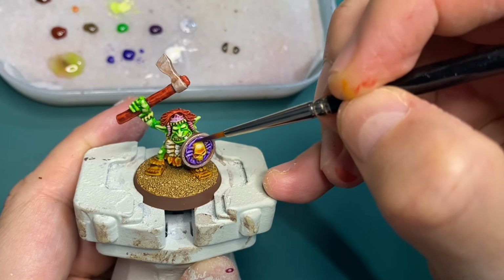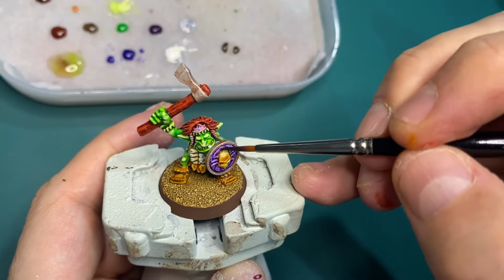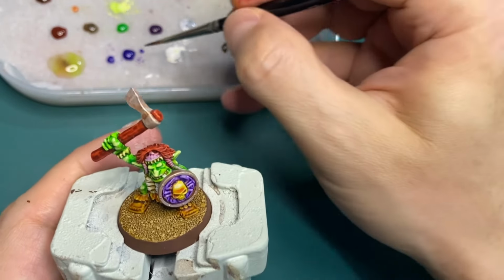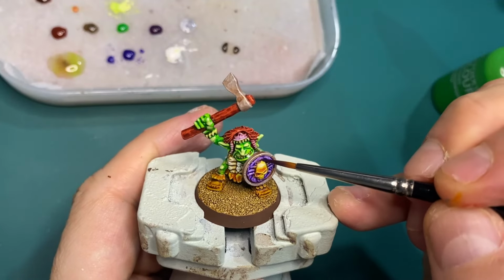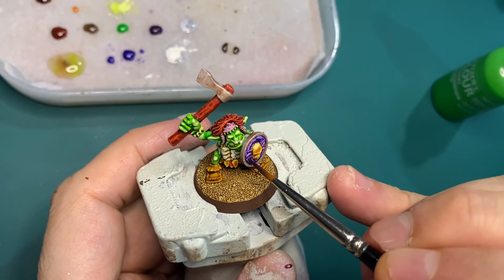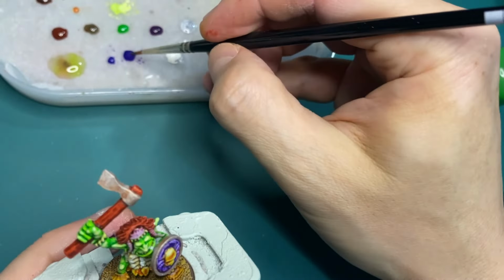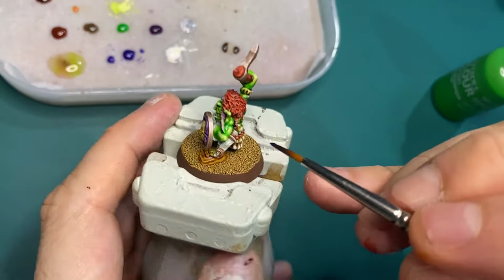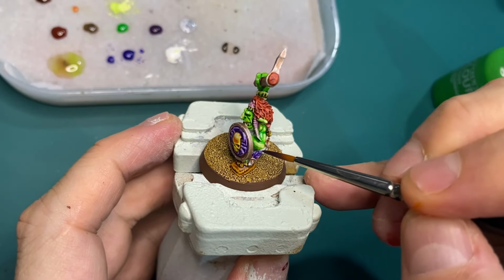So yeah, purple going right around that skull. What I want to do is to make it so that when you look at the shield, you see the skull first, because it's so eye-catching. But then as you look at it, you sort of appreciate the fact that there's a spider motif that's built around it. And then the other area that I thought would benefit from purple would be the